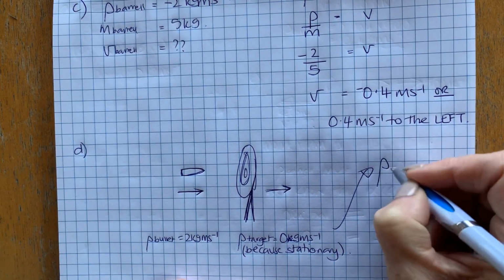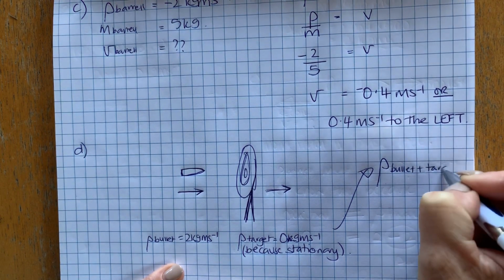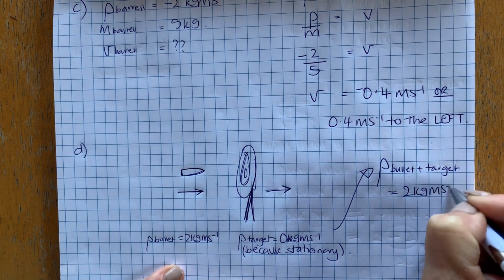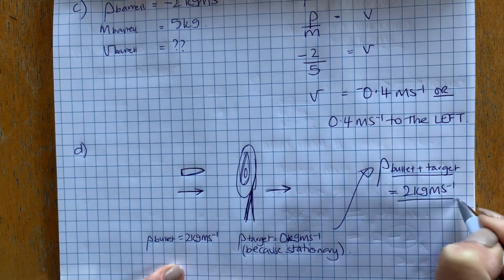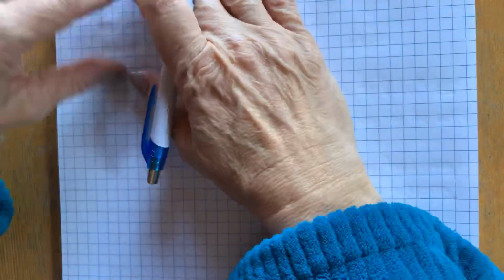So the momentum of the bullet plus the target has to be 2 kilogram meters per second. That's the answer to D. And finally,